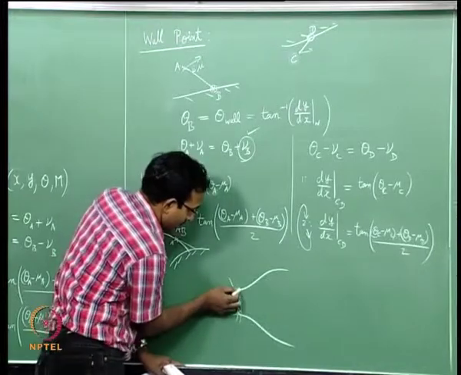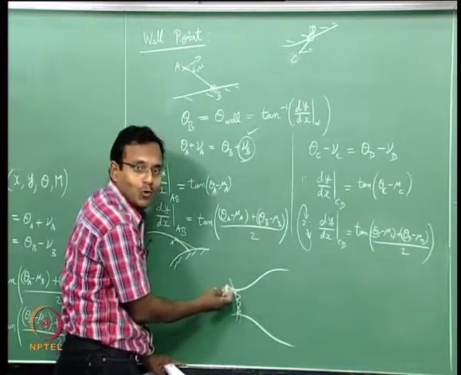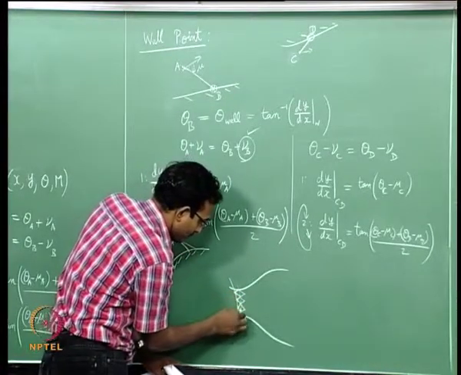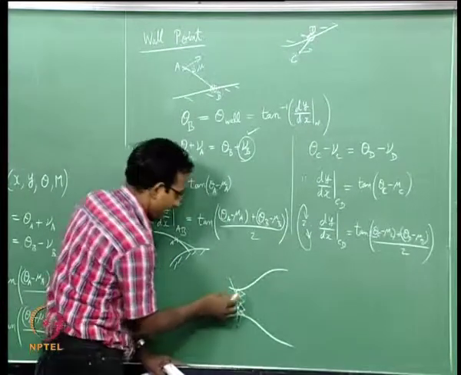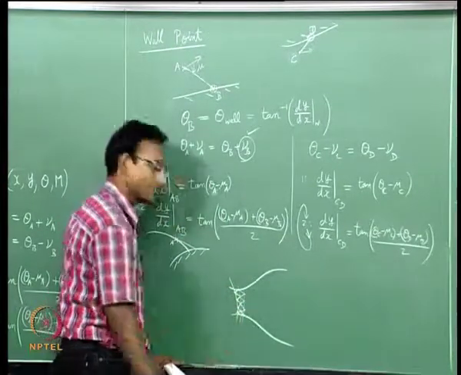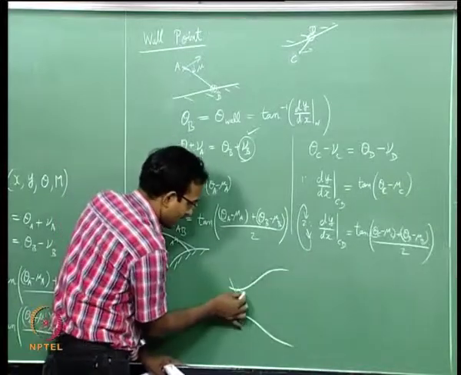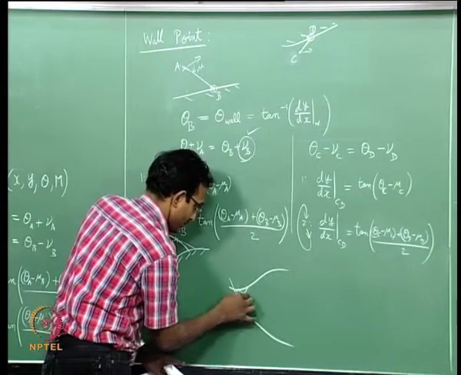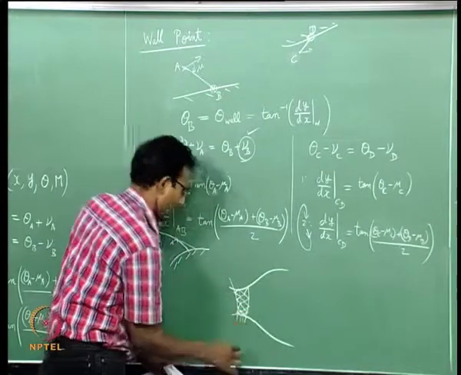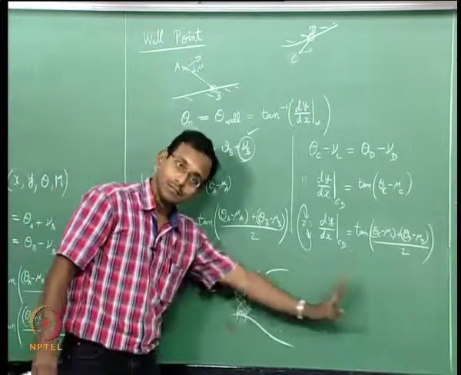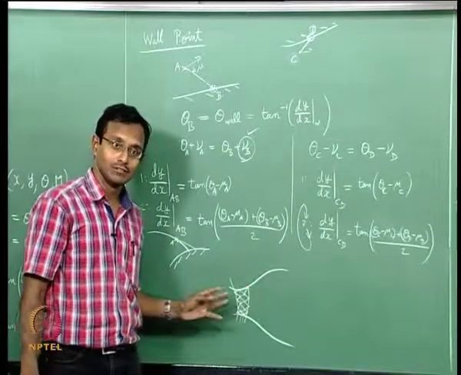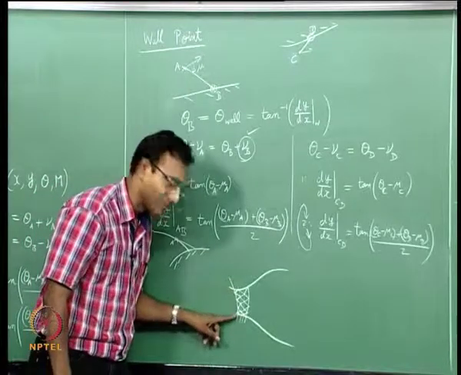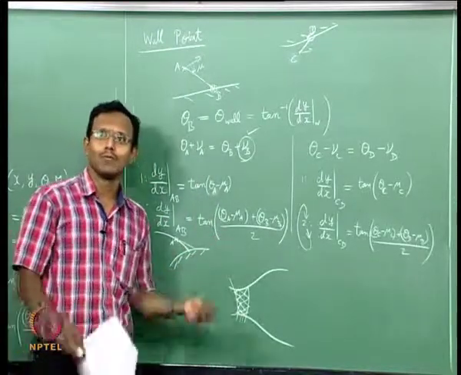From here this last point is already on the wall, so there is no more line going to the wall. From there it is only interior points. That forms one more level of data, and like this I can keep on going. The next time it will go to the wall, here also it goes to the wall. Now I have data for one more layer, and like this I can do this forever. So, I can solve flow through a nozzle using this itself, except for you need to know this very first line of data, somehow it has to be given to you. We will talk more about this next class.